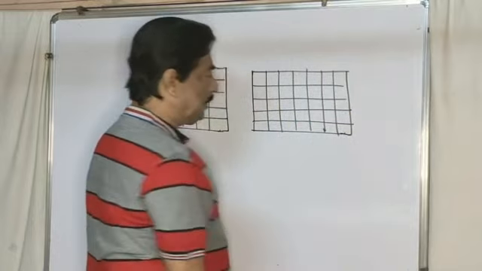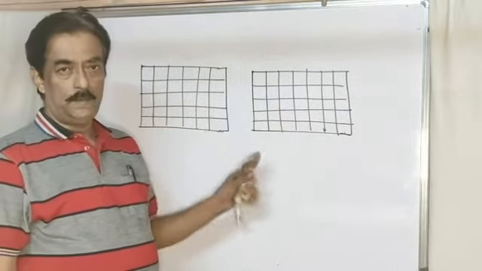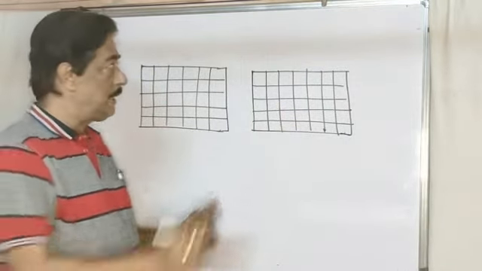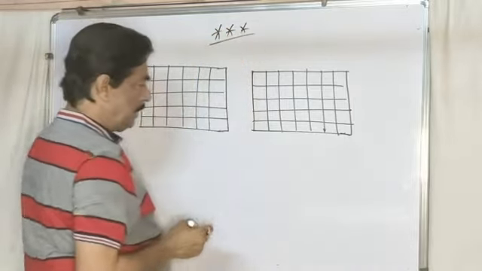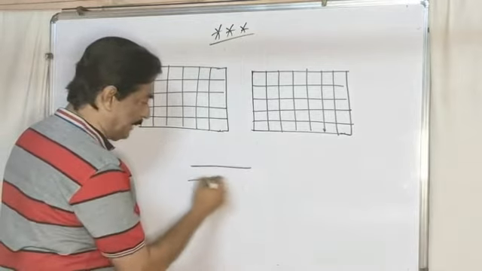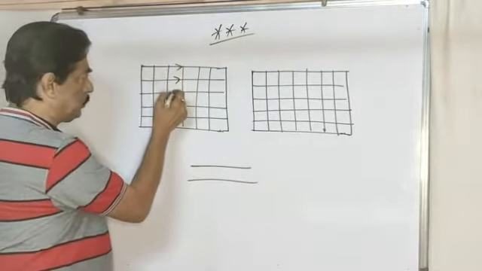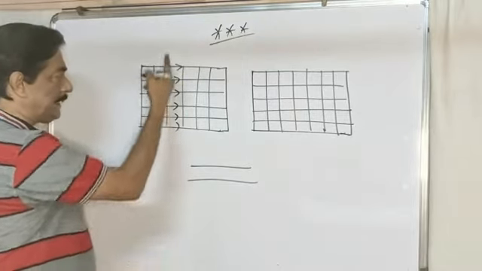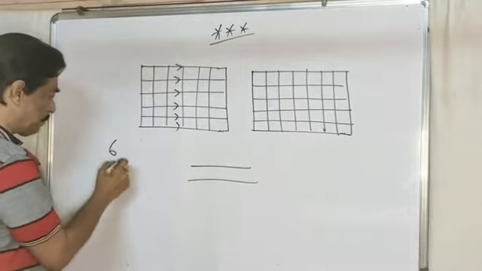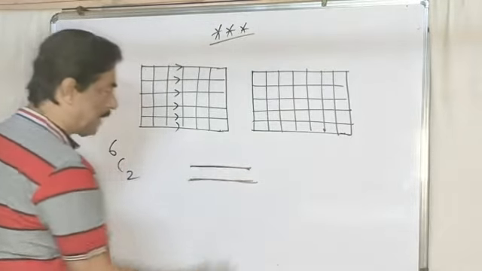Now in this case you have to find out how many rectangles are in the figure if every square is to be treated as a rectangle. Remember, very important star mark question. I have to select any two parallel horizontal lines. Now how many horizontal lines are there? 1, 2, 3, 4, 5 and 6. Out of 6, how many ways can I choose 2 parallel lines? 6C2 combination. We can select 2 out of 6, this is 1 parallel line pair.